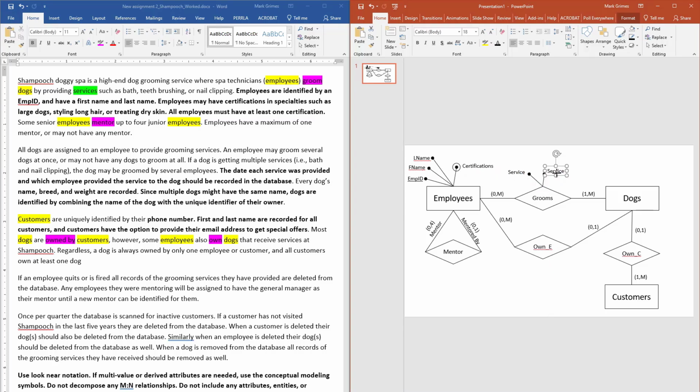So if you think about what it looks like for an employee to groom a dog, right? You have this employee, Tom, grooms a dog, Rover, right? And Tom gives Rover a bath on September 8th, 2022, right? Or Tom brushes the teeth of Rover on September 8th, 2022. Okay, so it's this combination of an employee and a dog and the service they provided and on what date,